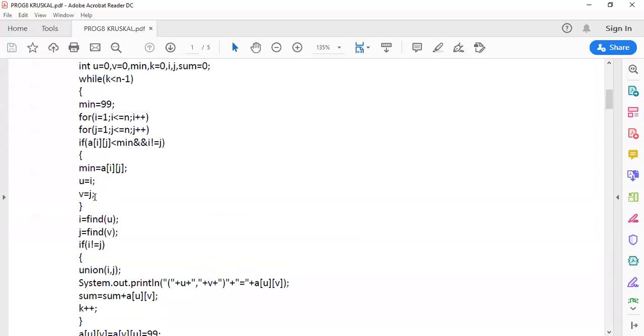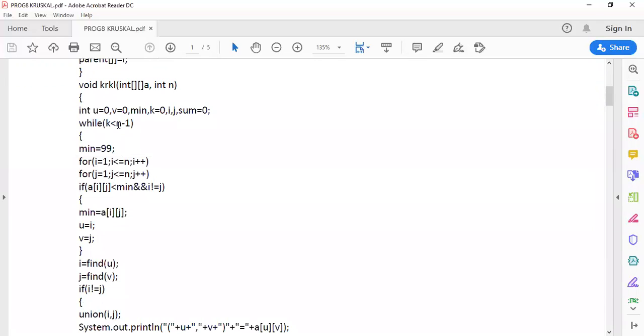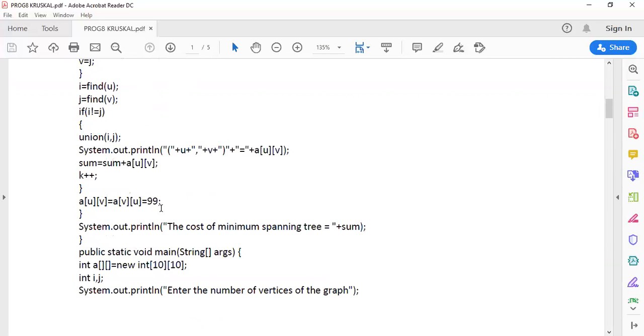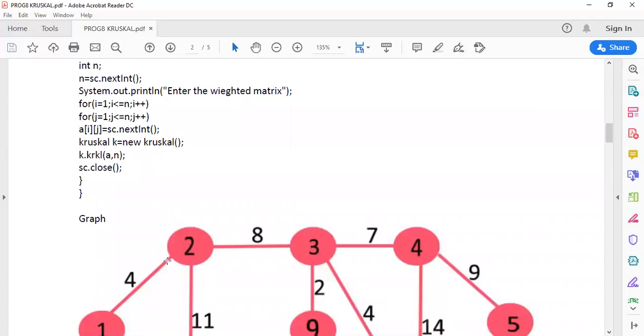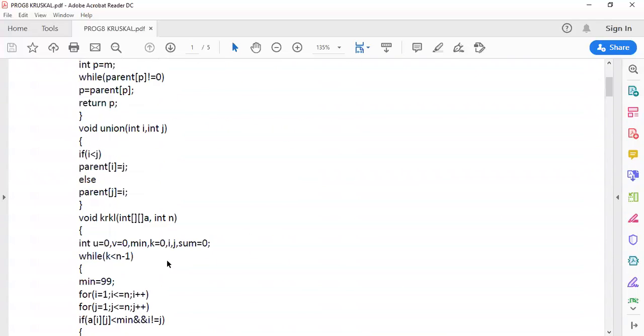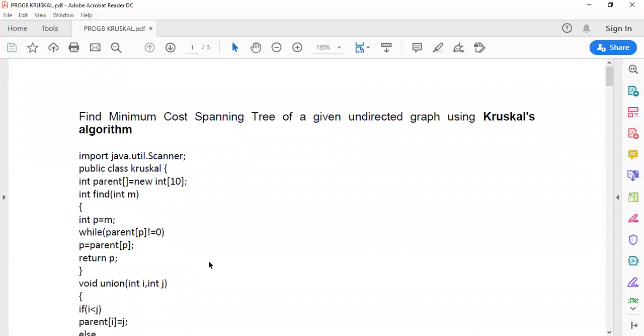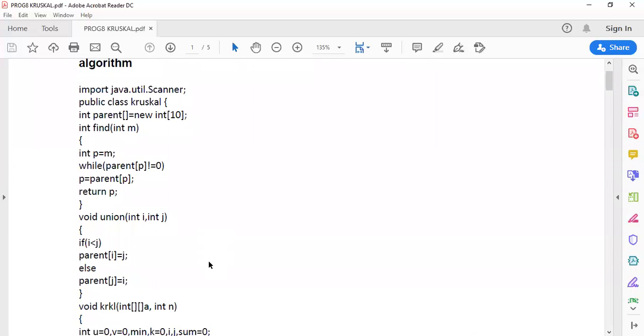Finally, repeating this step for n minus 1 times, that is, vertex minus 1 number of times. Repeating the same procedure, you will find the sum of the minimum spanning tree and you are going to print the sum. Okay, and now this is the explanation of the full program. Once you observe the program,